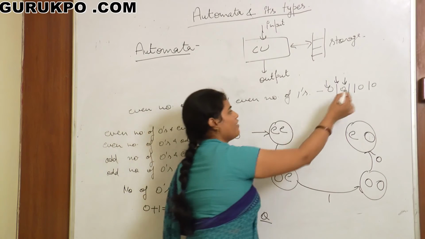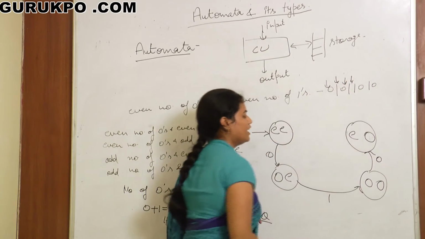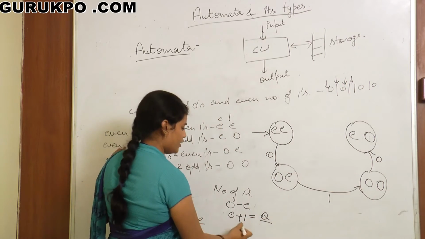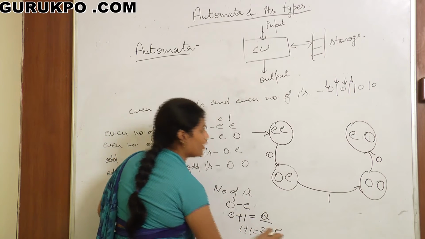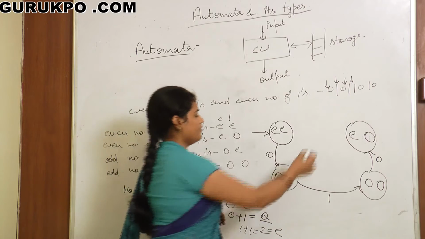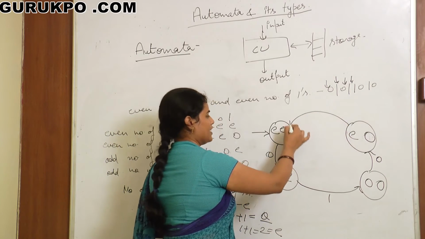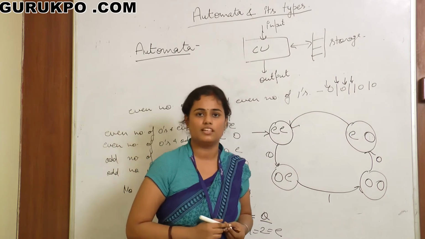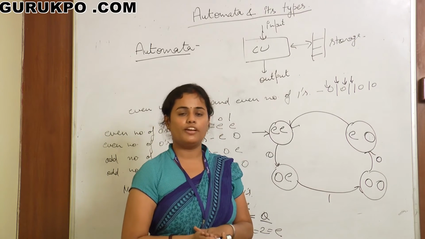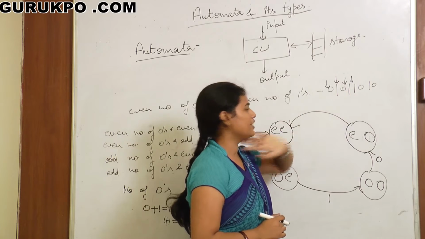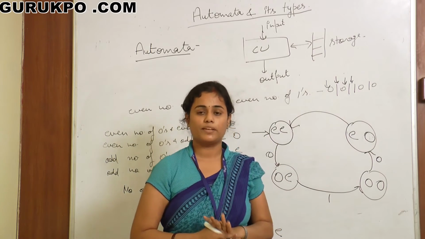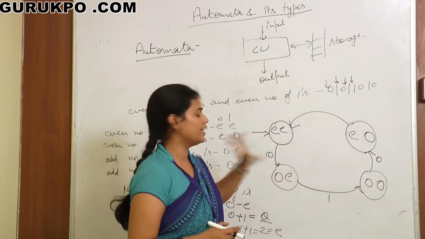In the similar manner, when machine will read 1, then what will happen? Machine is reading 1. We are adding 1 here. 1 plus 1 is equal to 2. That is also an even number. Then machine will reach to even number of zeros and even number of ones. Now till now we have received 4 digits. When 0 1 0 1, we have read 4 digits of any string. That is why we have created this circle.